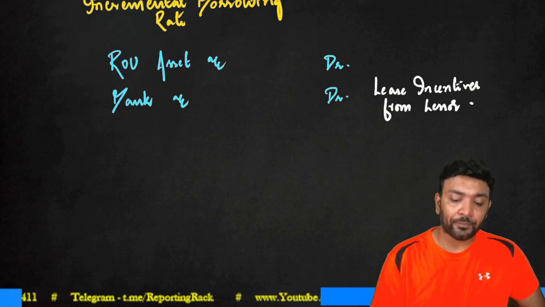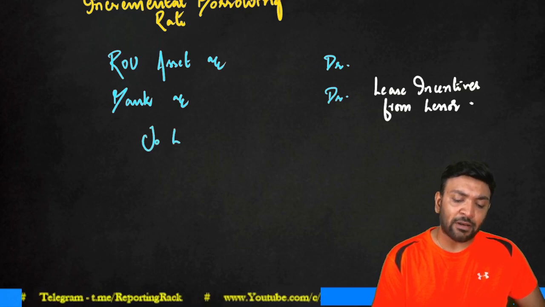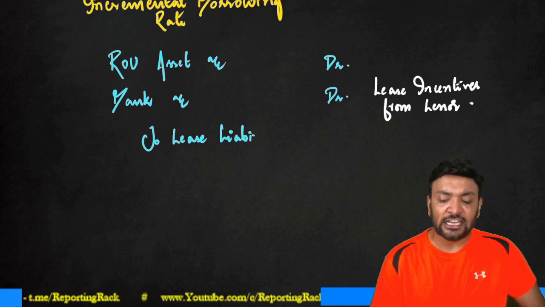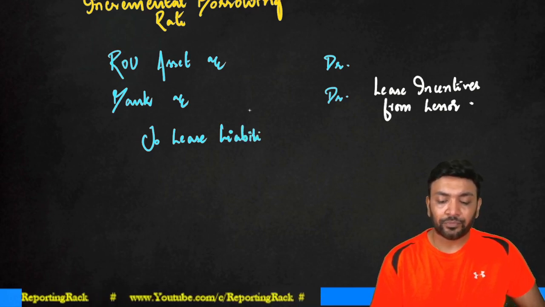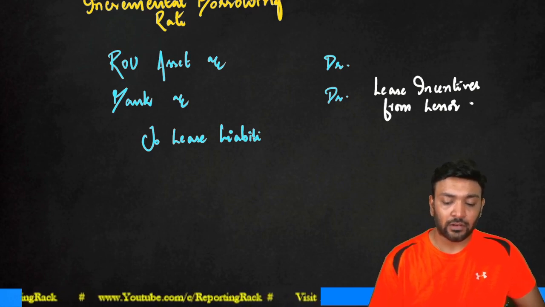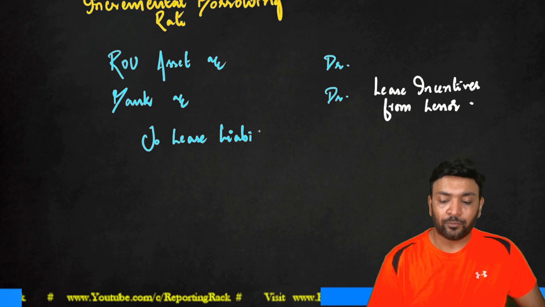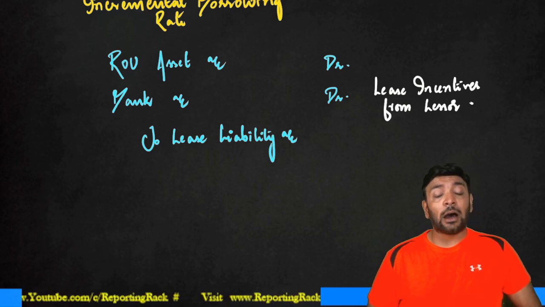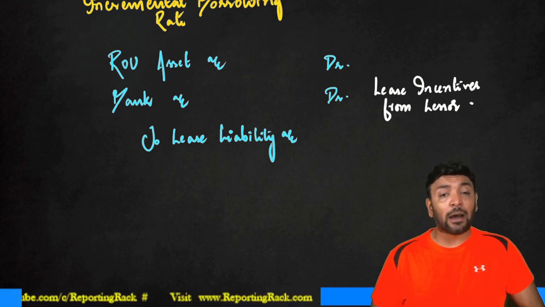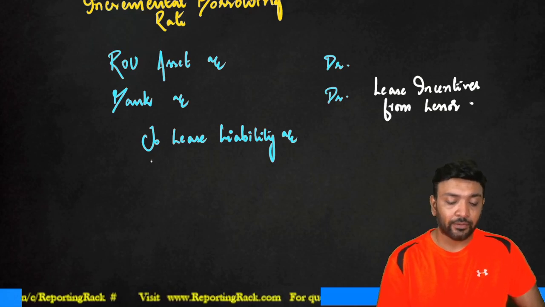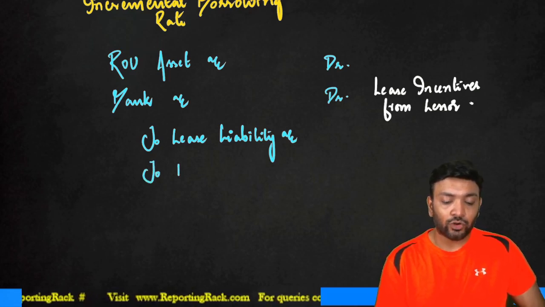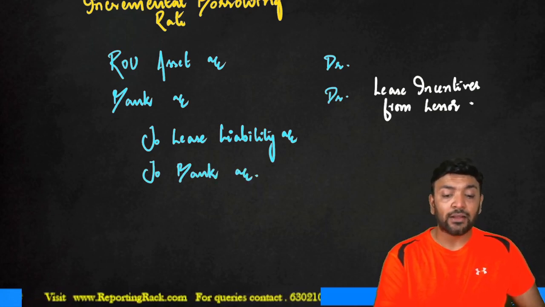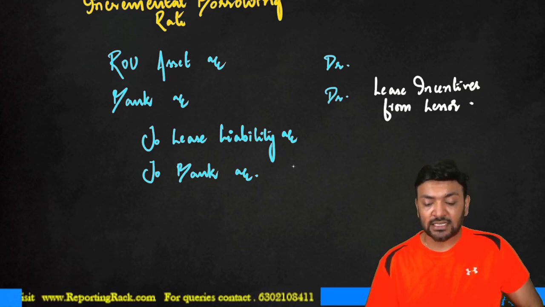2. Lease liability. We have discussed about how do I measure the lease liability. It is present value of lease payments from the date of commencement of lease term up to the date of end of lease term. To bank. Sometimes I might make additional payments. What are the extra payments that you make? The extra payments which I make is towards